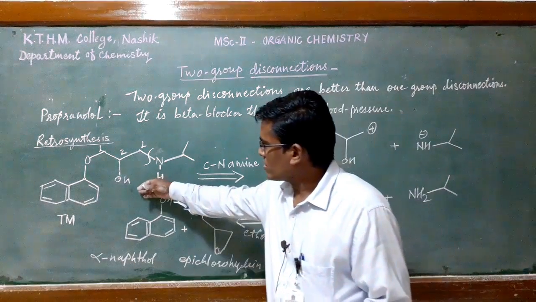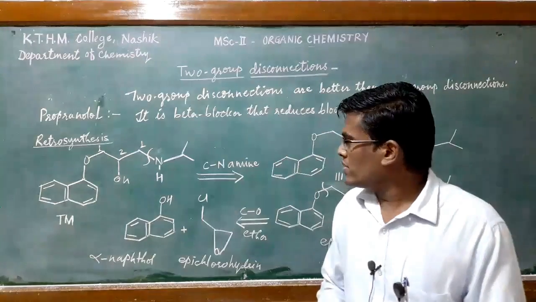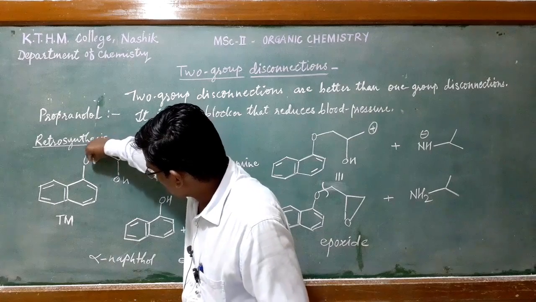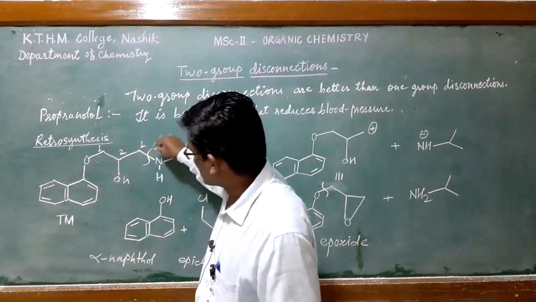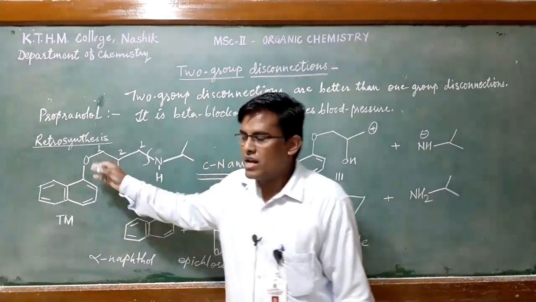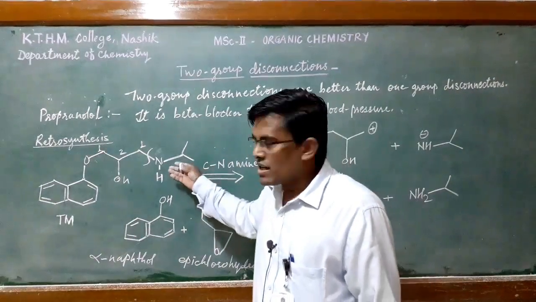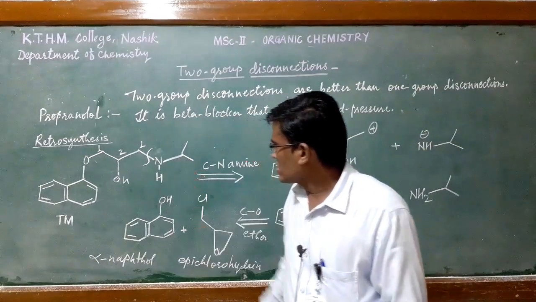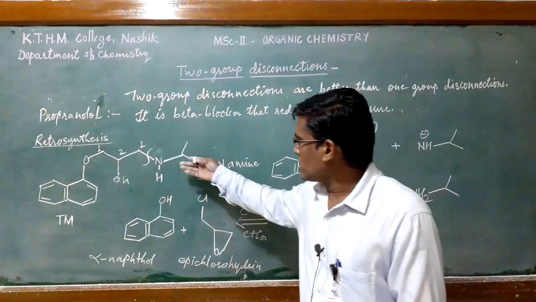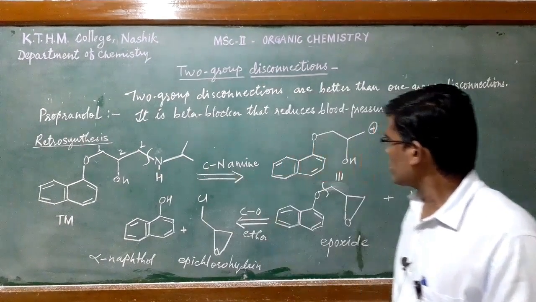This is our target molecule having the two 1,2 relationships. So, you can either have this disconnection or this disconnection, but this disconnection will have the chemoselectivity problem as our guidelines suggest. So, we should disconnect the more reactive functional group in the beginning. So, we have disconnected this CN amine bond.